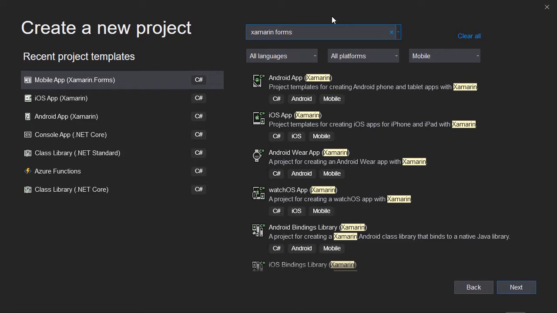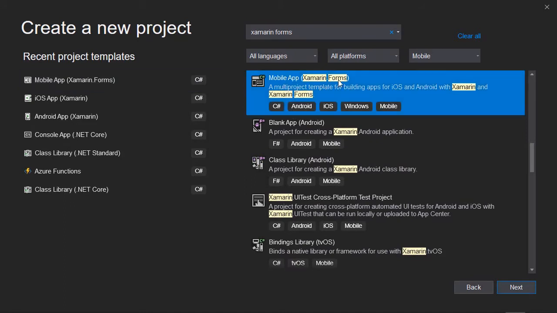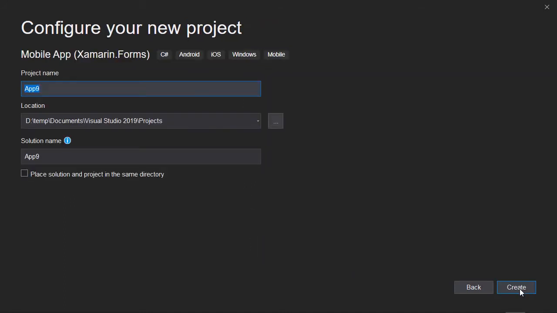We are interested in a certain type of project, let's look for it, called Mobile App Xamarin Forms. This is the template that we are interested in. We are going to click on Next. We are going to put a name to this project, as for example IMC Calculator. We are going to click on Create and this is going to display this new window where we have other